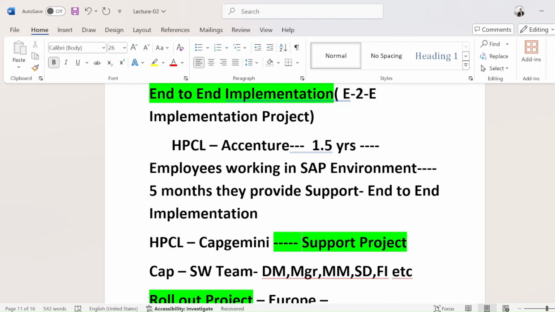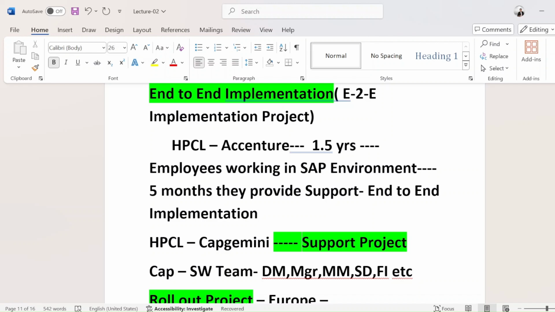Now they are going to utilize the same templates for the Euro plants, and almost most of the work is done. So Infosys need not prepare everything; they can just use the same templates. They can just copy and paste there. They just change some things like tags and all these stuffs. Otherwise, most of the master data and most of the things will be the same. So in that case, for Infosys, this project will be a rollout project.